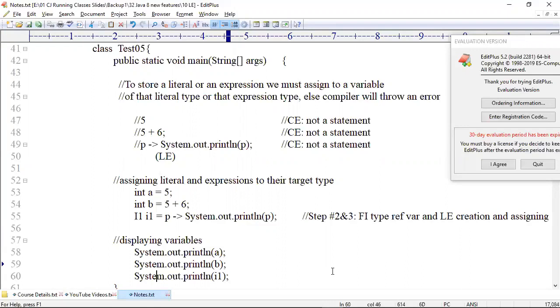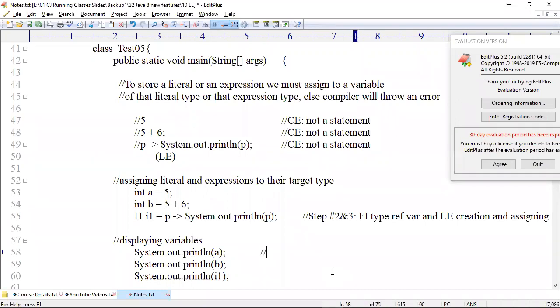Don't close the class till we complete. Completed up to now? Tell me what is displayed here?